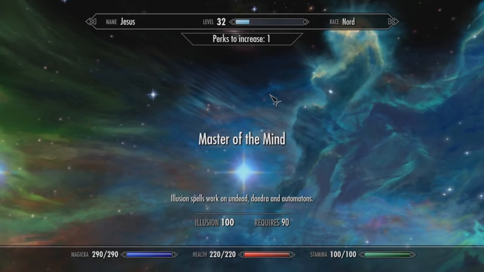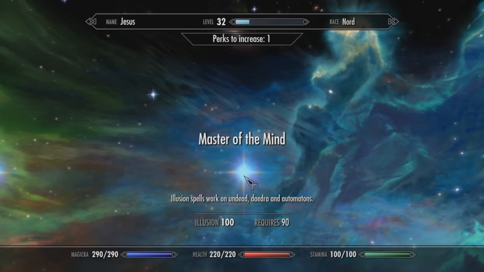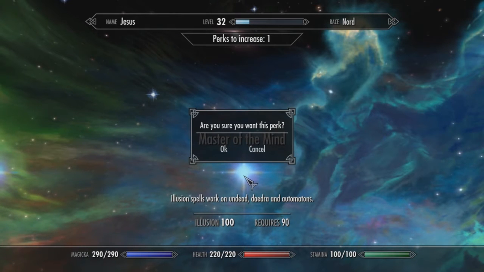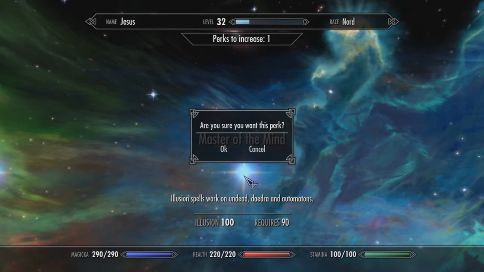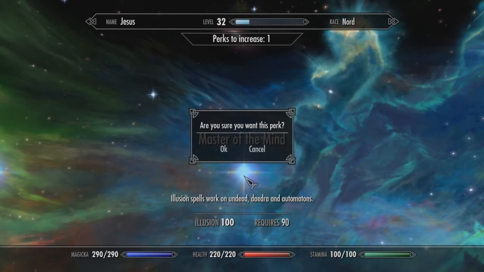So it makes it that those spell lines work on higher level people, and they are additive, or cumulative, with the Animage and the Kindred Mage perks. So you want to get those if you want to use illusion into the late game, and you also want